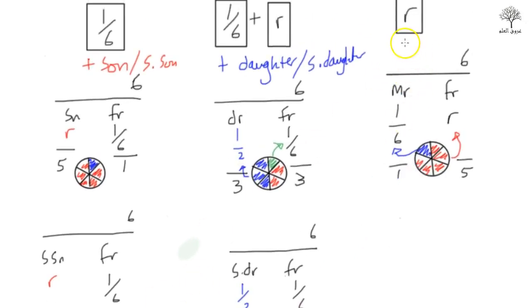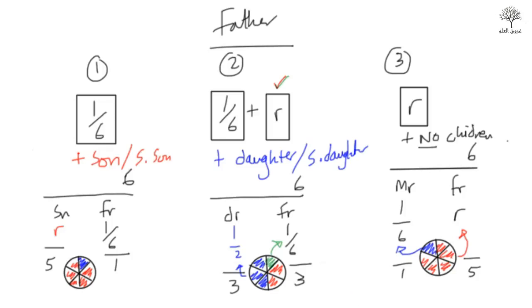So like I said, the third scenario is if there are no children or grandchildren at all. No children or any grandchildren, not even 1, not even 2, not even 3, and he gets everything left over. Okay, so that's basically the father scenario, and hopefully you have understood it. If you haven't understood it, watch it again, and slowly, by watching the rest of them, more information is going to come your way. And if you're not used to fractions, hopefully I'm going to show you some easy ways of trying to work out